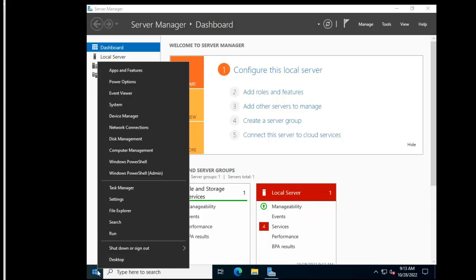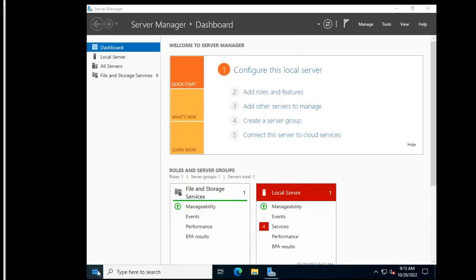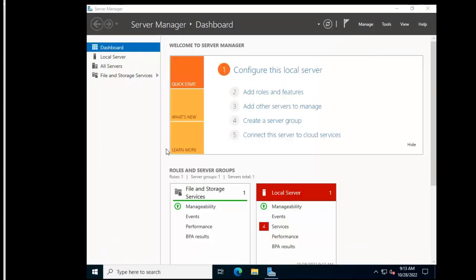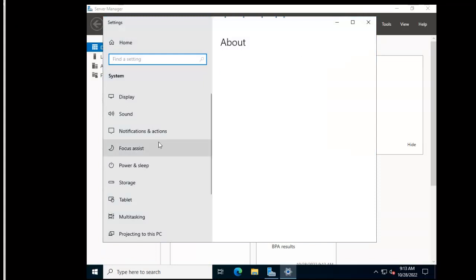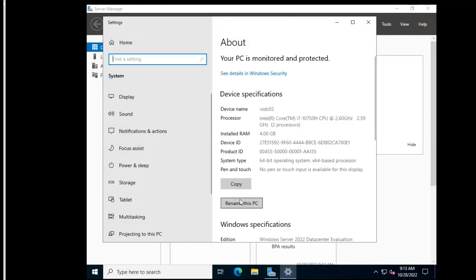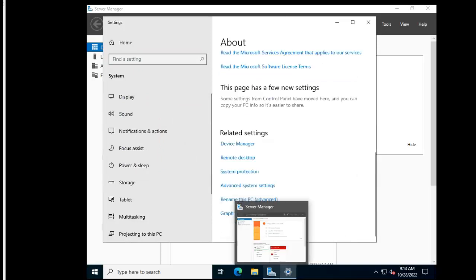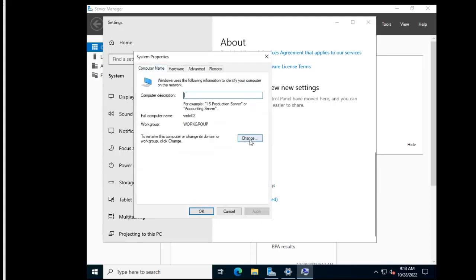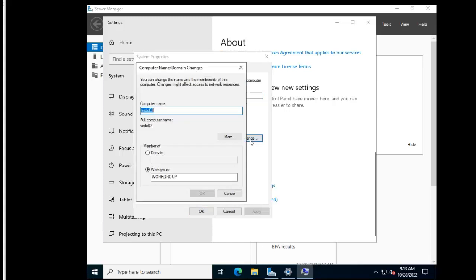What I normally do is just type PC and then Properties, then go to Advanced settings, Computer Name, and you'll see the options: workgroup or domain. I just pick domain, so Vertex